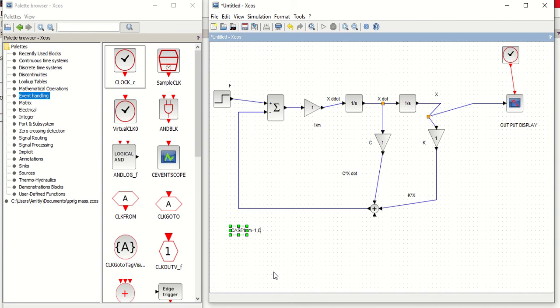Initially we can see that if we have no damper in the system, so C is equal to 0. I can take initially K is equal to 1. This type of system is called an undamped system.